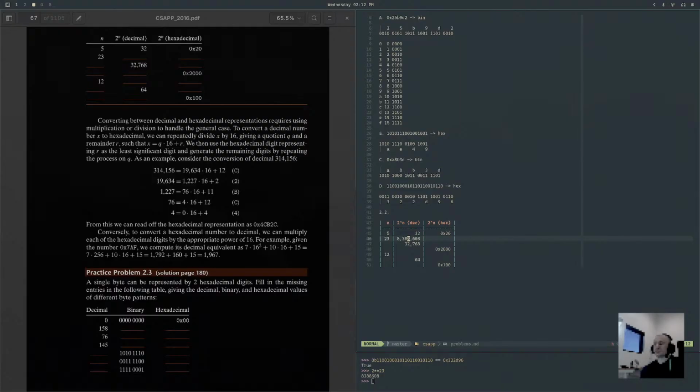The problem is that decimal doesn't line up well with bits. There is no real boundary, you have to do subtraction. So it's easier to do it like this and just say the binary representation of this is,